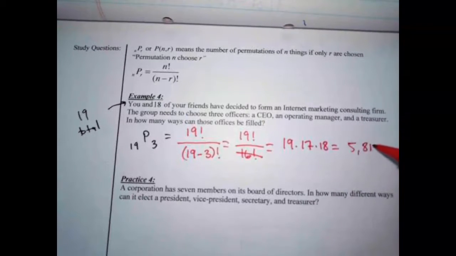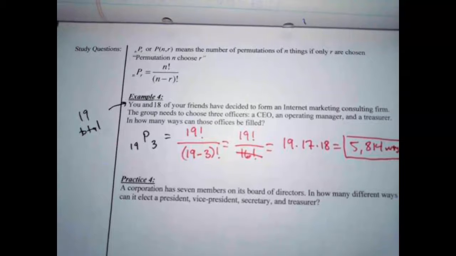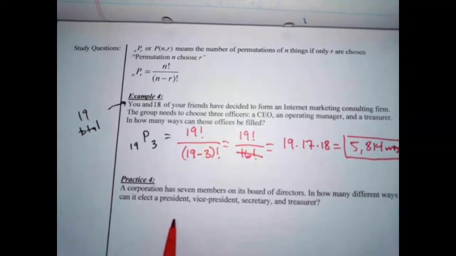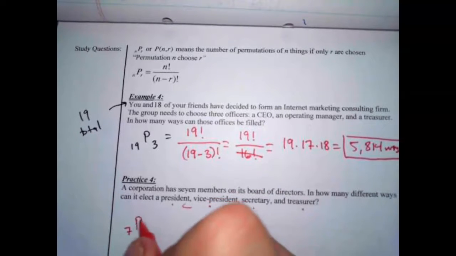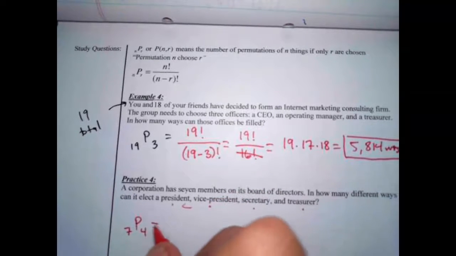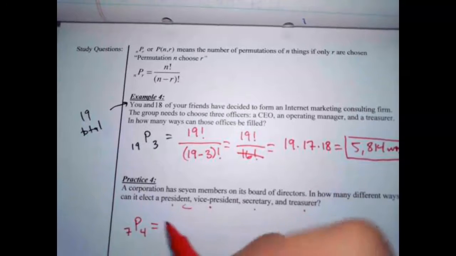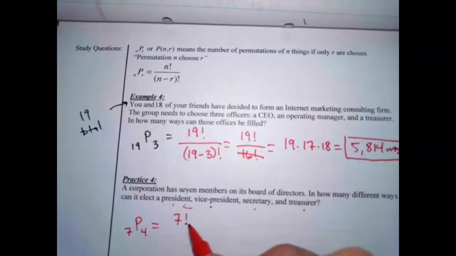5,814 different ways to pick those 3 officers from the 19 people. A corporation has 7 members on its board of directors. In how many different ways can it elect a president, vice president, secretary, and treasurer? So 1, 2, 3, 4. From 7, we're picking 4, so this is 7P4. And if you look at the formula, you can see that it's going to be 7 factorial divided by